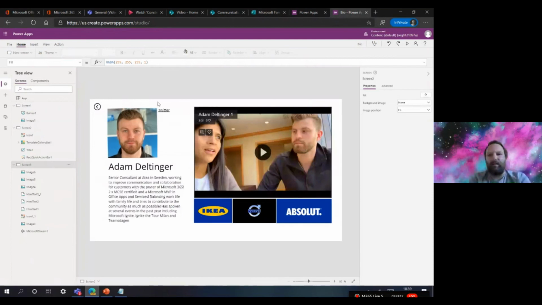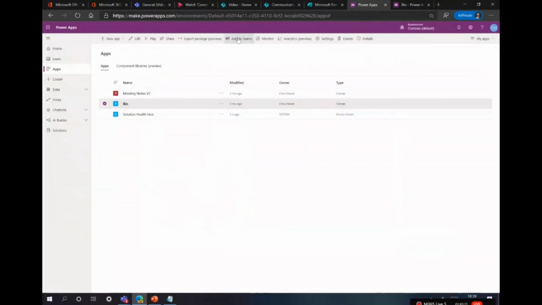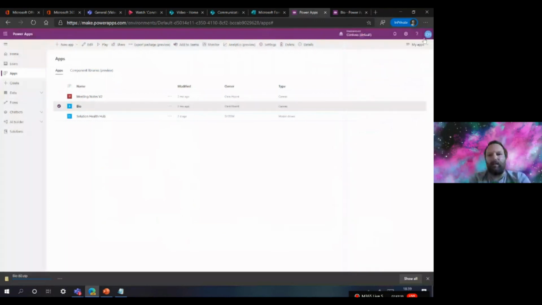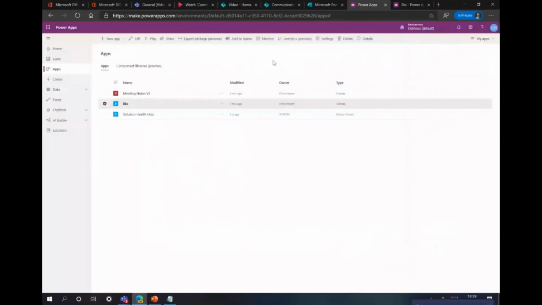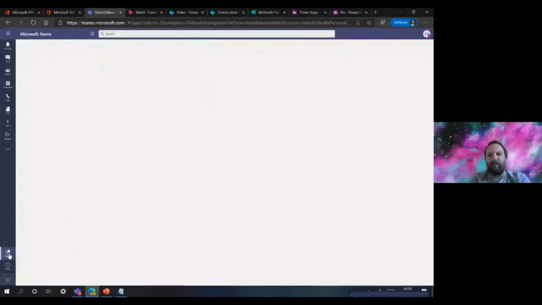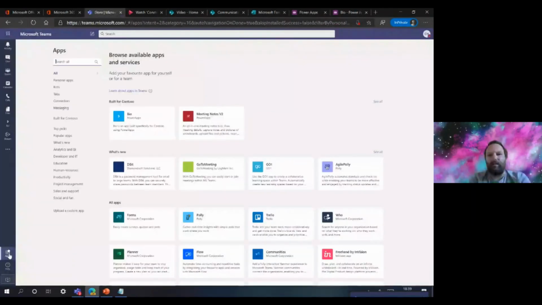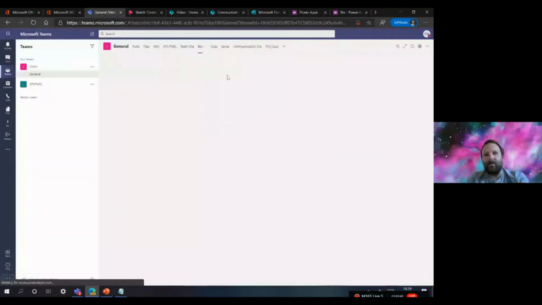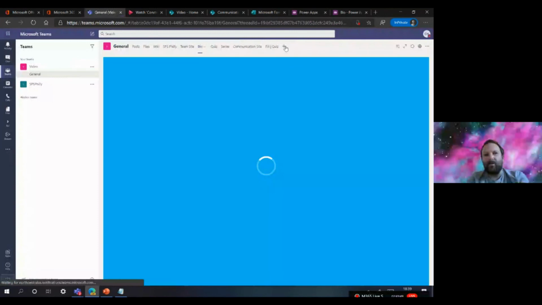Once I created that app, what I then did in Power Apps is go and add to team, which downloads the app as a zip file. That'll start the download. There we go. I then take that zip, and in Teams, I then come down to apps on the left-hand side, and then I uploaded that application and it is there installed within Teams. Once it was installed within Teams, I added it. If I come to add and I select Power Apps, I click add.